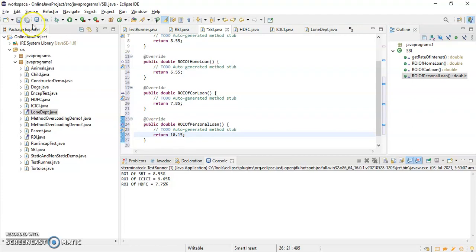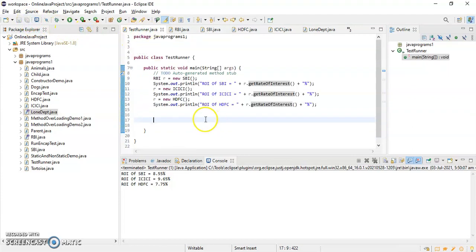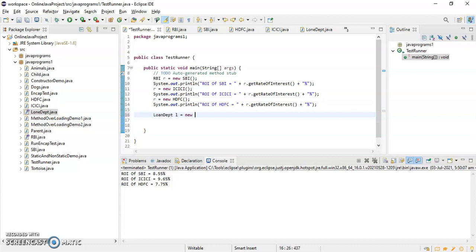Now if I go to the TestRunner class, I will create one reference variable of LoanDepartment, l is equal to new SBI. I have made a spelling mistake, but it's okay.